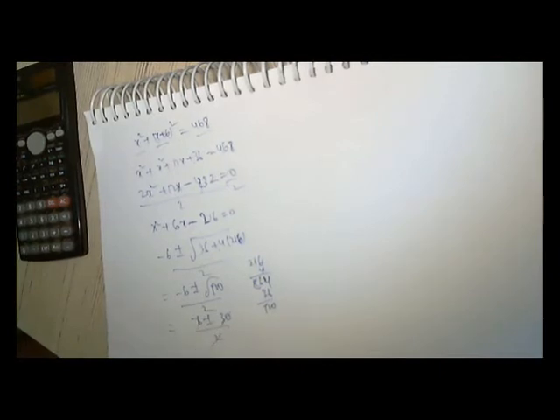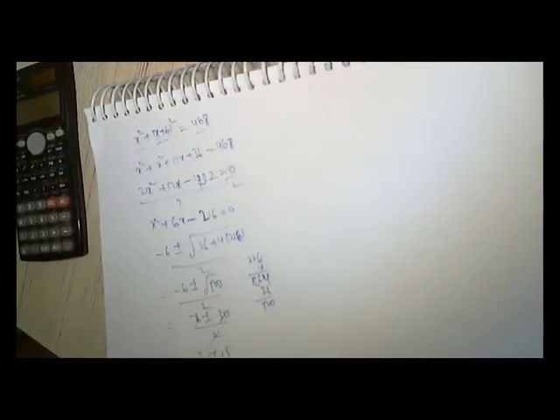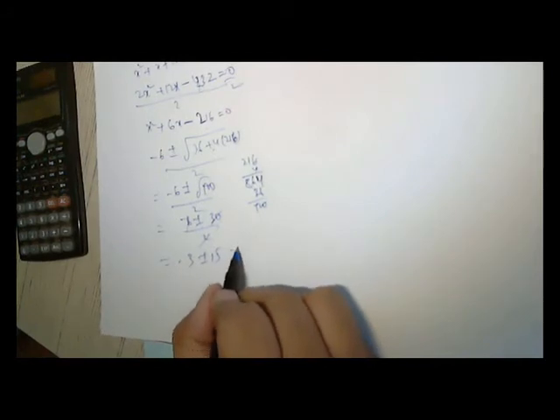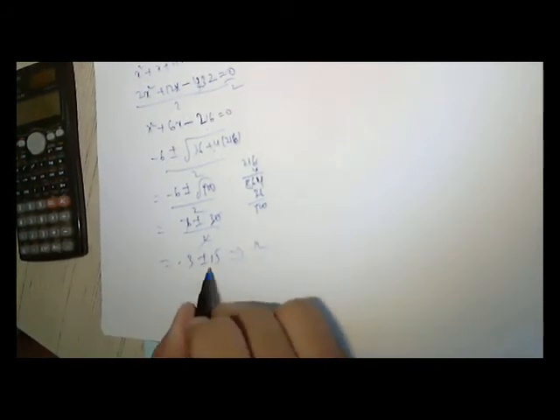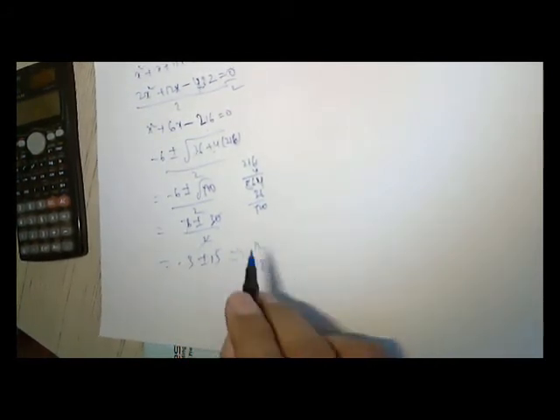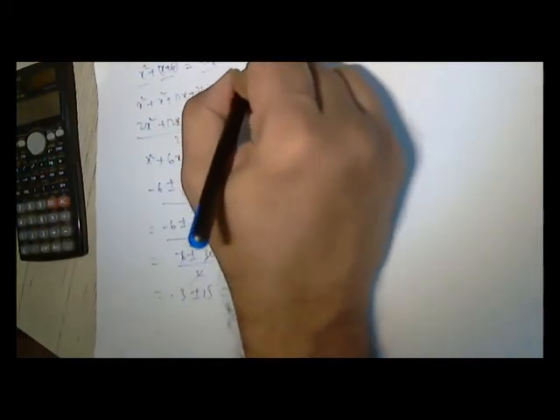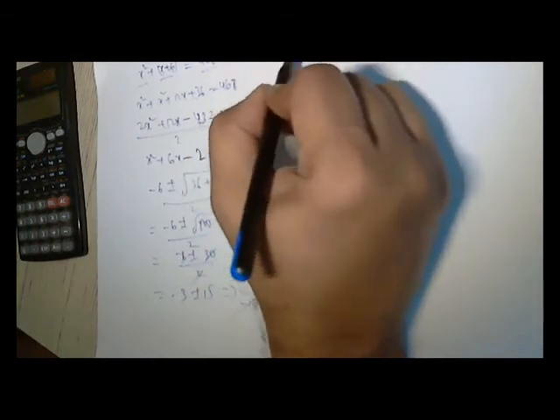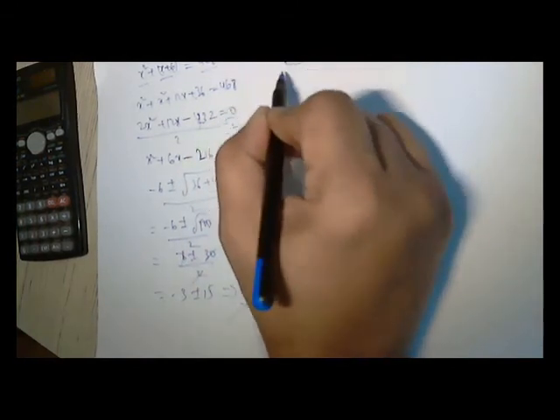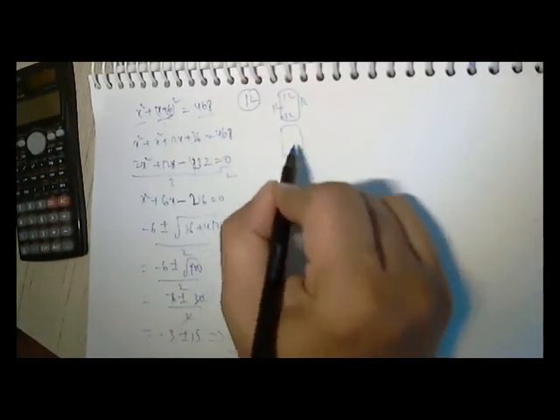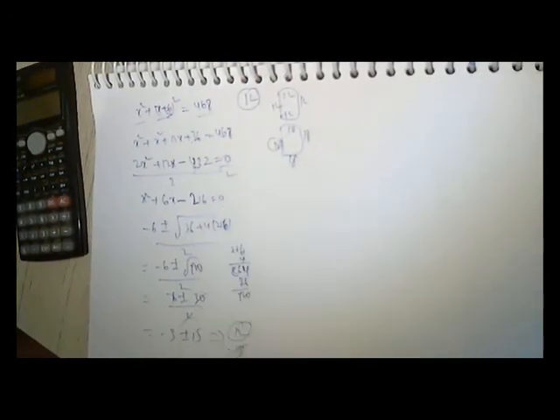If I cancel this, minus 3 plus or minus 15. So if it is plus 15, this will lead to 12. If it is minus 15, it will lead to minus 18. Since a side cannot be minus, it has to be 12. So one square has side 12. Another square is 12 plus 6, 18. We take only the positive value here and automatically we will get the second square.